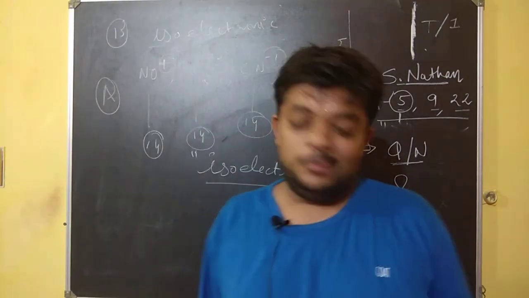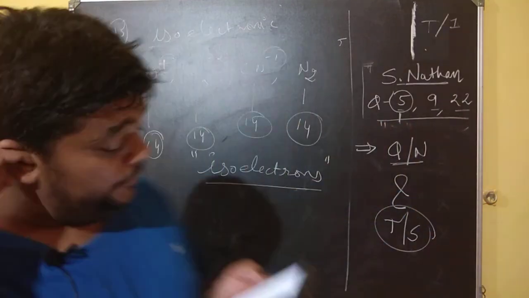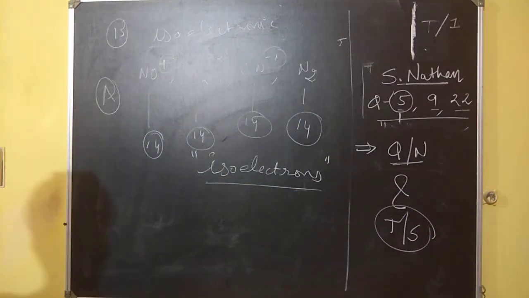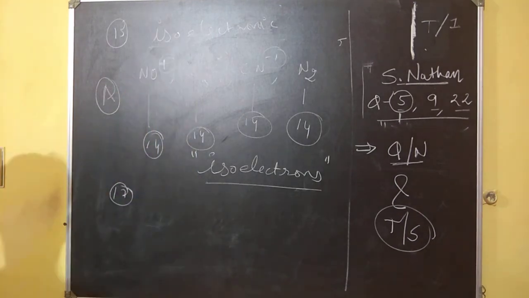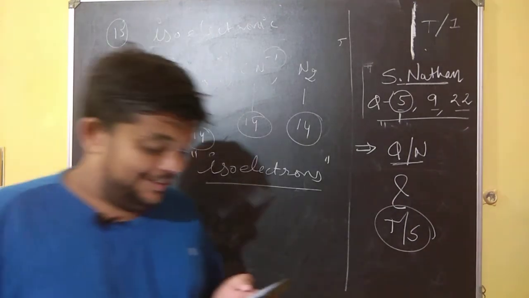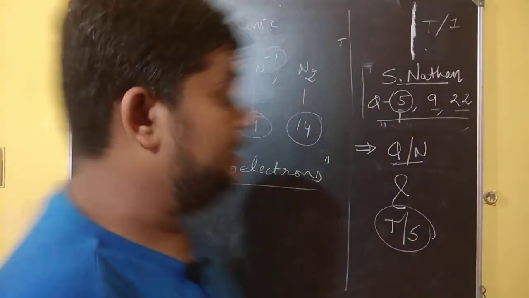So this is how it works. This is how you are supposed to answer each and every time you have such a question. Question number 17, a very simple and easy question to attempt if you do not make a mistake. The maximum number of electrons in a subshell is given by the expression.